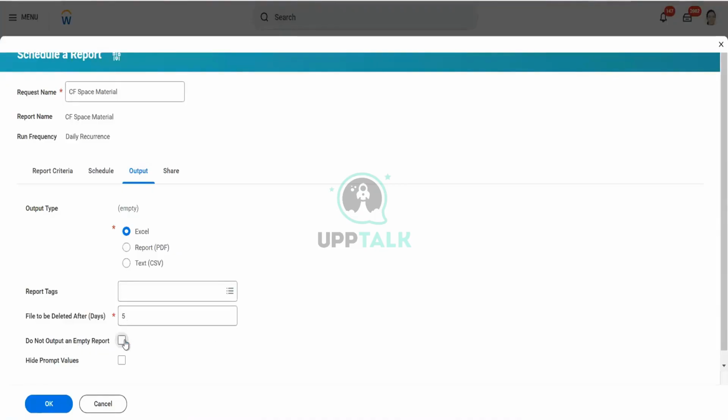Do not output an empty report if you check it. If you don't have any data on that particular day or for those fields available, it won't populate any report. Generally the type of reports we are creating are having standard data, worker name. This function happens when